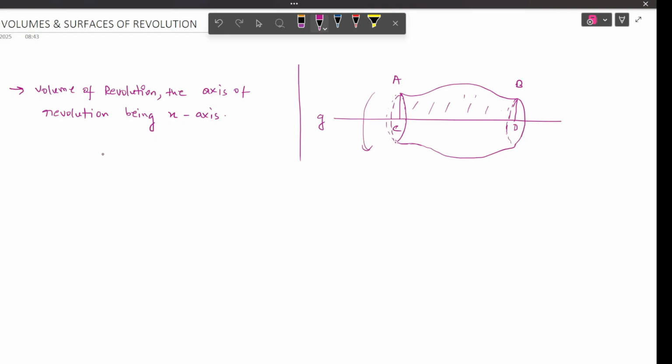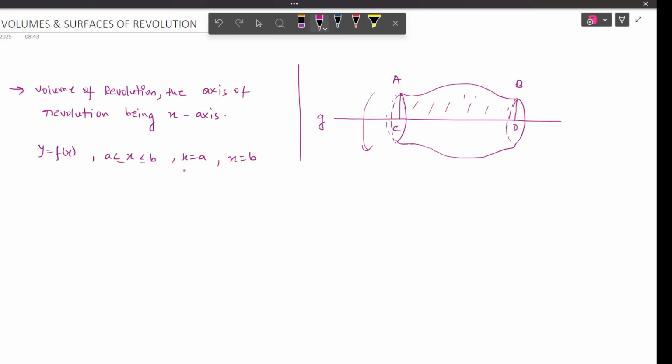See, if the region R enclosed by the curve of a continuous function y equals f of x, x is from a to b, the ordinates x equals a, x equals b, and the x-axis